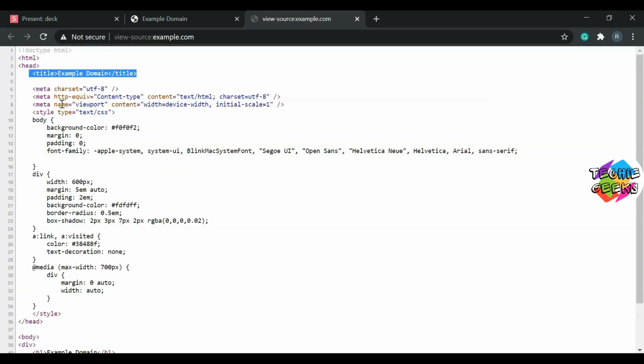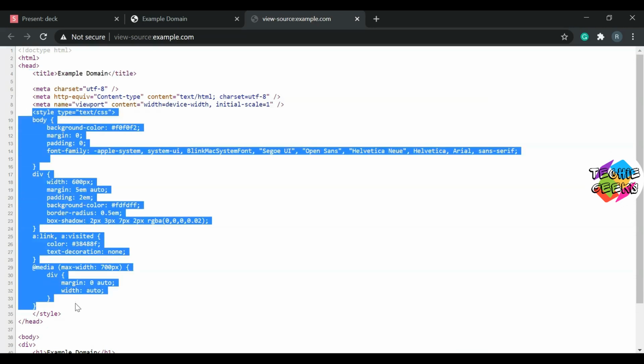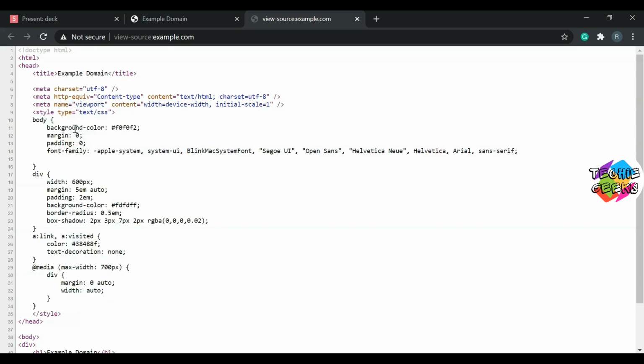Inside the head tag we have this style tag, and with the help of style tags we are defining the design for our websites. Don't worry, we are going to discuss each and every tag in detail in the upcoming lessons. This is just to make it clear what the structure of HTML web pages is.